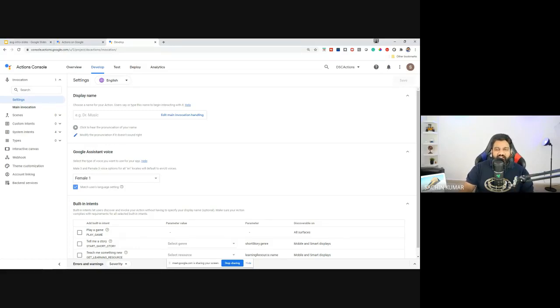Okay, now that we are in this screen, let me actually show you what this means. So this is the Actions console. Everything that we're doing is under the Actions console. So Actions console is a developer platform where you actually build for the Google Assistant. Now, once you've created a project, the first thing that you would see is you're in the Develop tab and